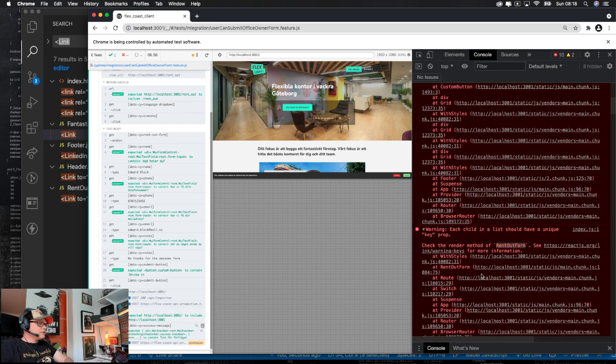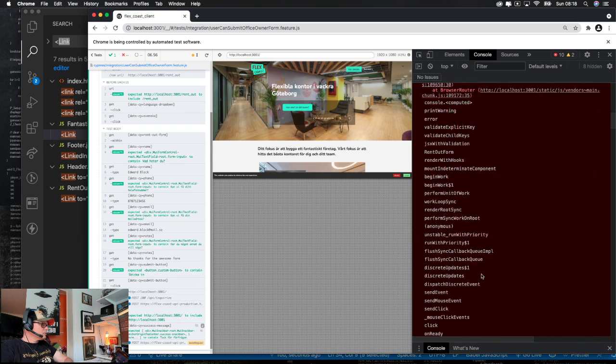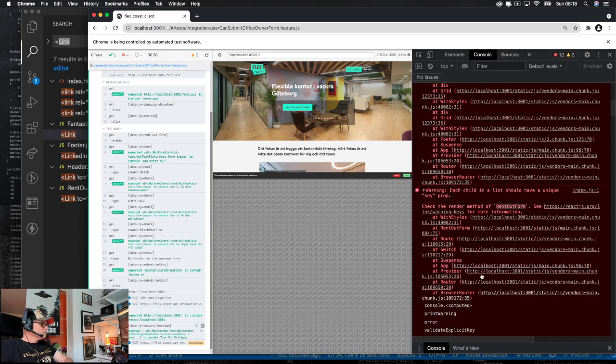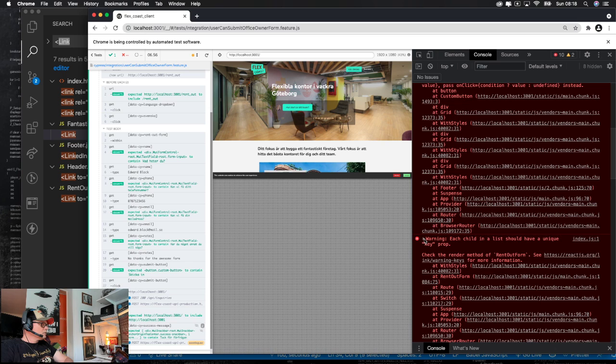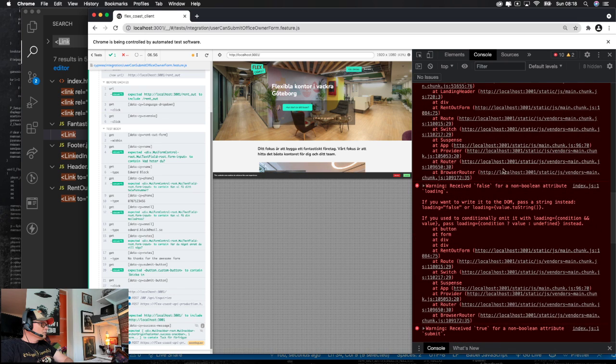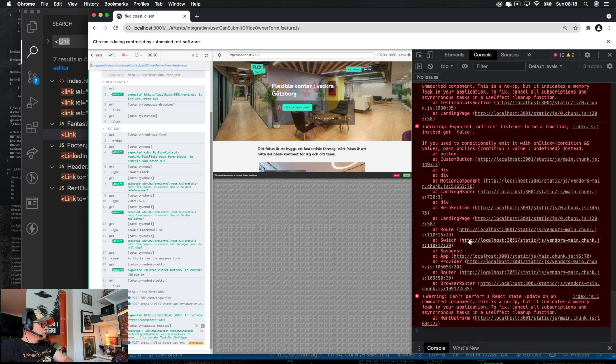There's no key elements in that one. Okay, that is fairly quickly fixable. False, non-boolean loading. Value to string loading. Right, okay.